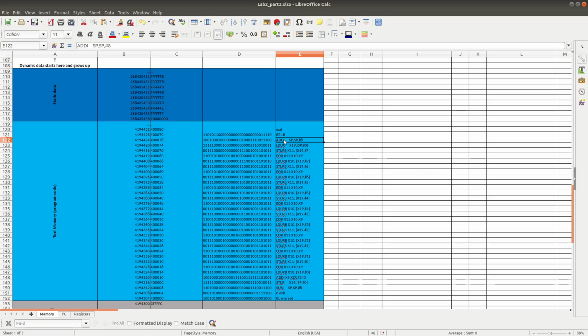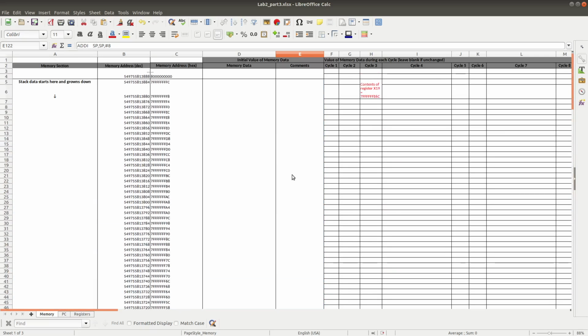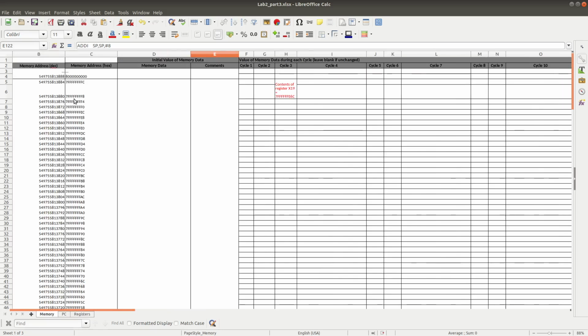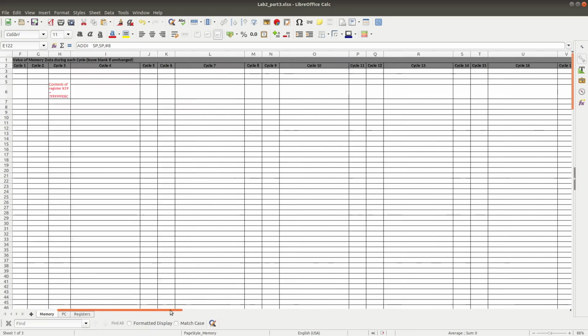And so we need to change our stack address from here back to here, so it will point to this location. So the next data will be stored back to here, or if we need to read back data from here, it will read back from around here.